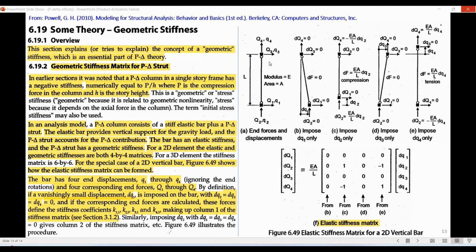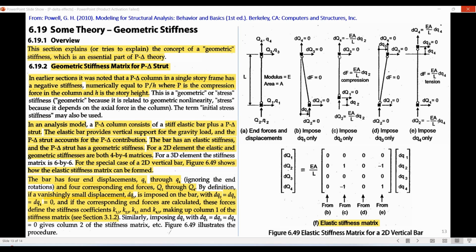And for this member, 4 degrees of freedom are used, 2 per each joint. Hence, to generate now the elastic stiffness matrix, we need to apply a unit displacement in the direction of each of the degree of freedoms, and we need to check the end forces which are denoted by the capital Q. Hence, if we apply a unit displacement del Q1 here, this will result in 0 forces generated inside this member. While now if we apply del Q2,